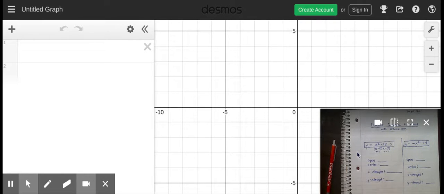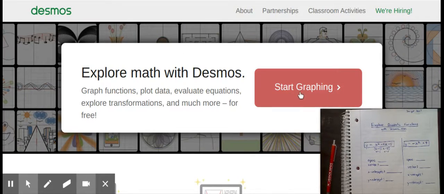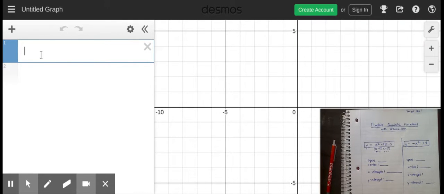Okay. So let's go to www.desmos.com on your Chromebooks. When you type that in, it says start graphing. Go ahead and click on that. All right, and then on the left side of the screen, we have the ability to type in functions in the equation form. So let's go ahead and type in our first function, y equals